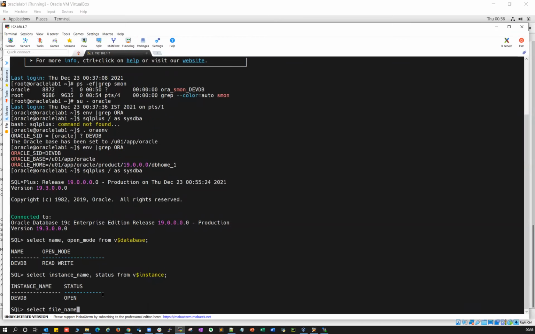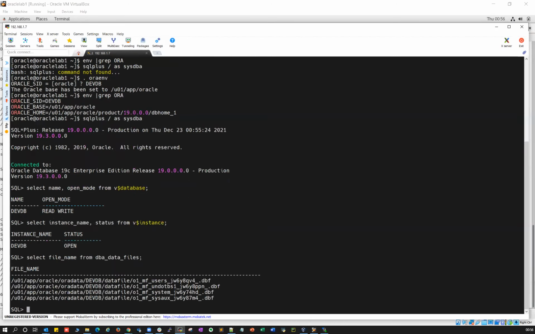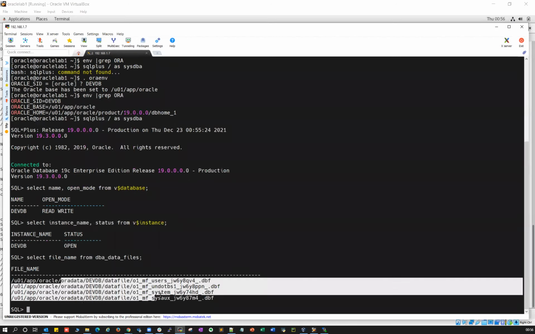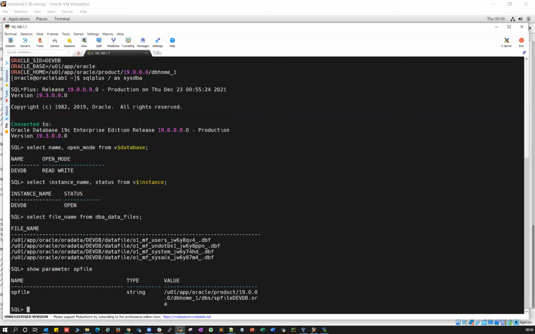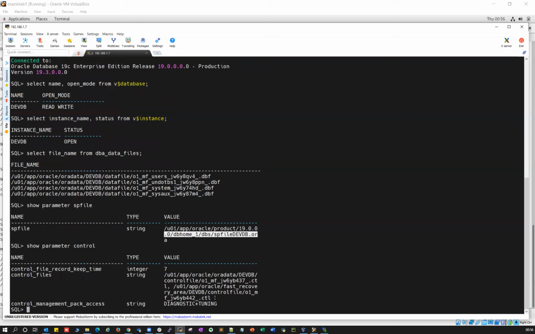And then select file_name from dba_data_files. So all data files are coming from your local system here on this particular server. Then show parameter spfile, and your spfile is residing under your db home dbs location. Show parameter control_files.